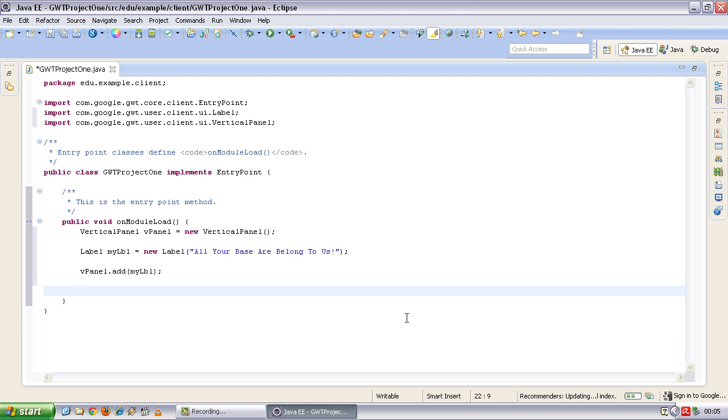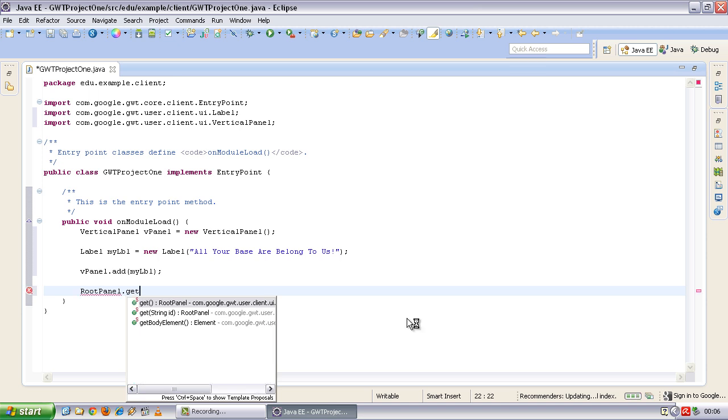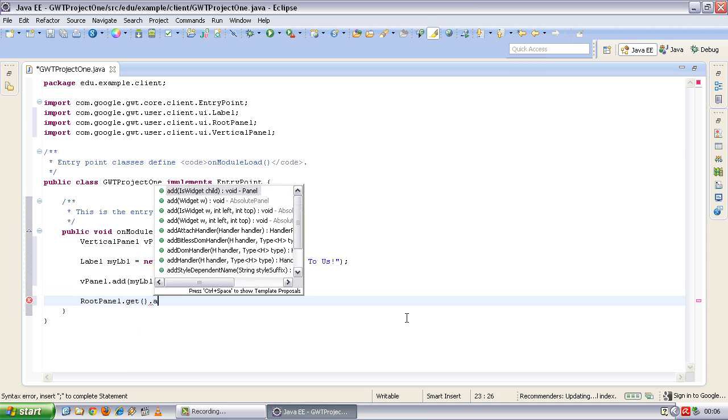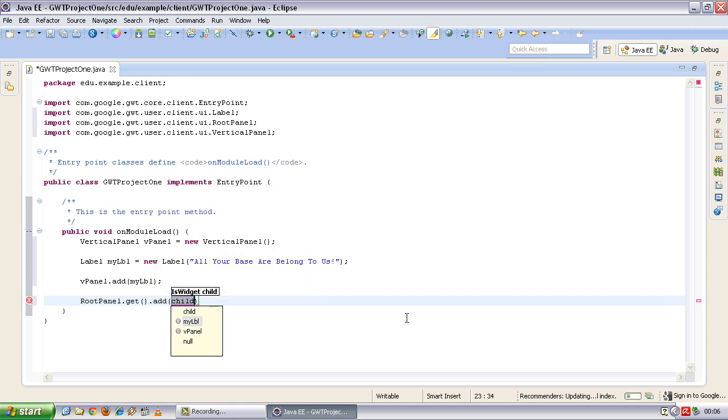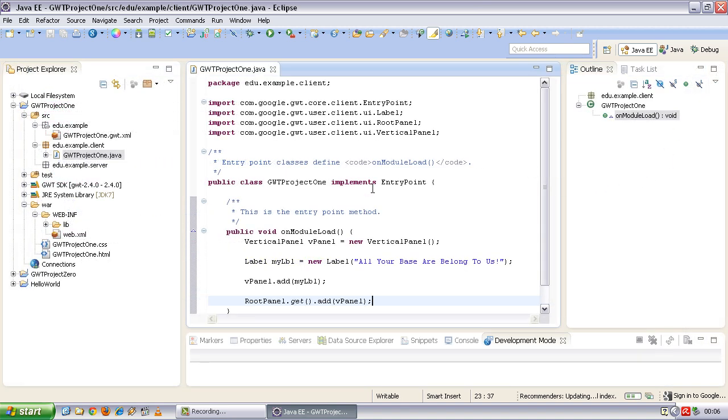So all that's left for me to do is I want this vertical panel to be displayed on my screen. So how do I do that? Well, the metaphor for this would be that I take my panel and stick it to my HTML page. So what is my HTML page? Well, that would be RootPanel.get().add, and then I'm simply going to add my vPanel to it. Okay, so that's our very basic